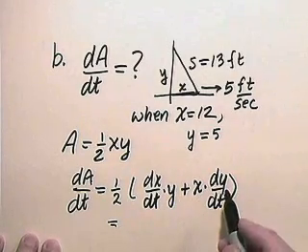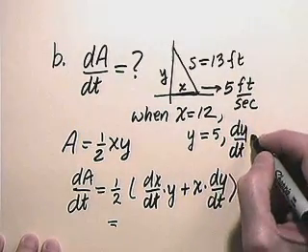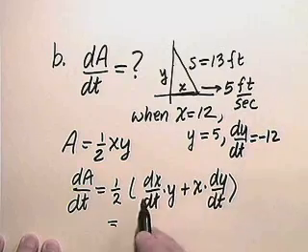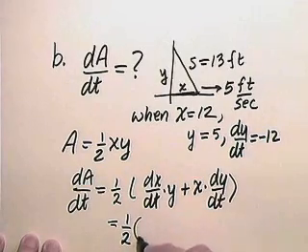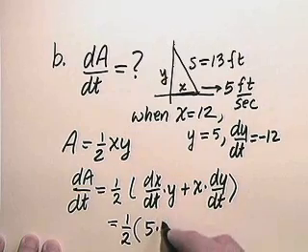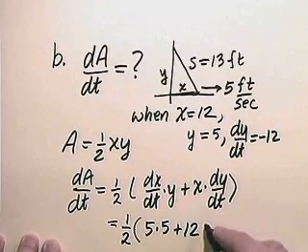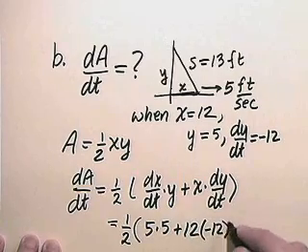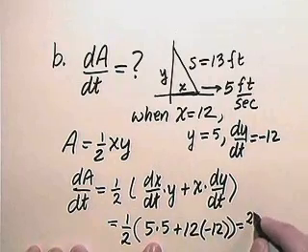Remember, we just figured out that dy/dt is -12 from the previous part. And so we now know everything in the right side of the equation. dA/dt is 1/2, dx/dt is given to us as 5, the y is 5, plus the x is 12, the dy/dt is -12, and so we get 25 minus 144